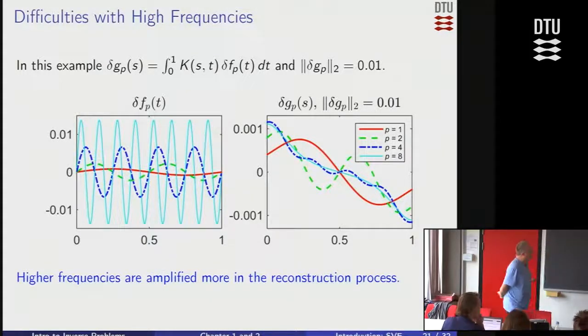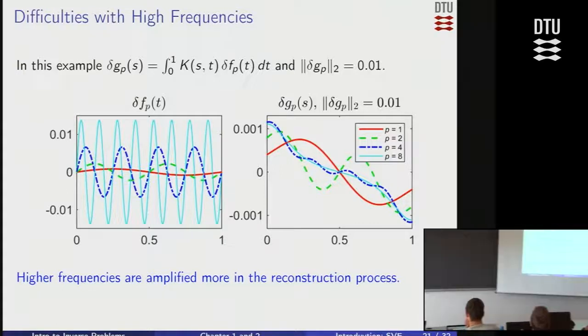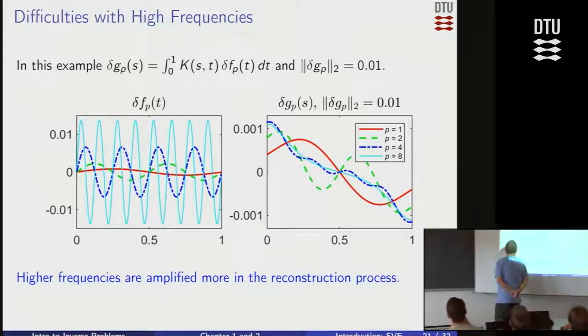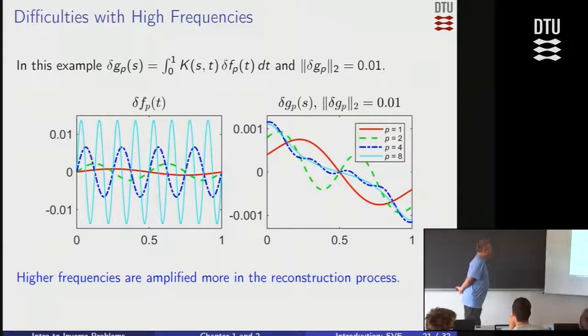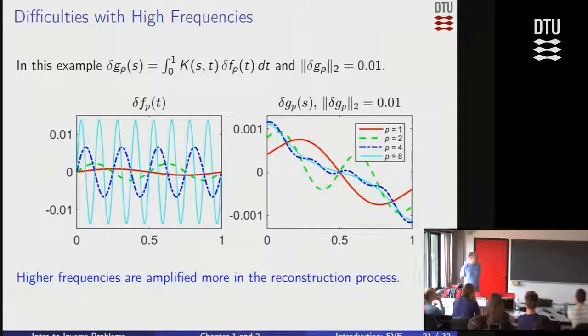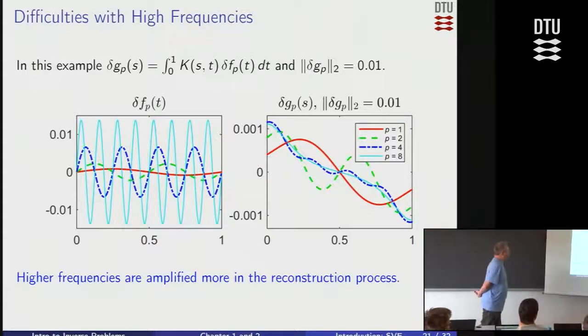So actually I wrote delta g and delta f. Why is that? Well, that's because I could think of these delta g's as small perturbations of my right-hand side, small perturbations of my data that I could add to some arbitrary g. So perturbations of the right-hand side, perturbations of the data, are something that is undesired, and you don't really want them, but they are there because that's the data you got, that's the measurements.